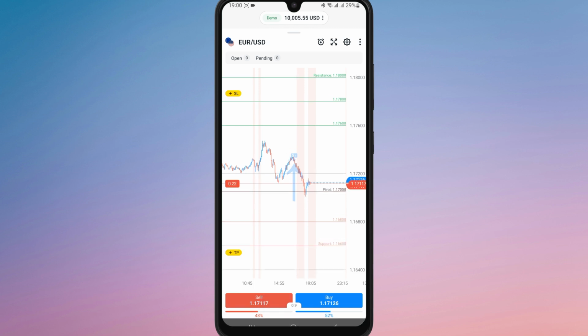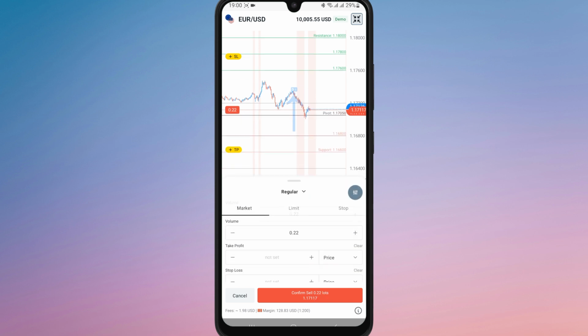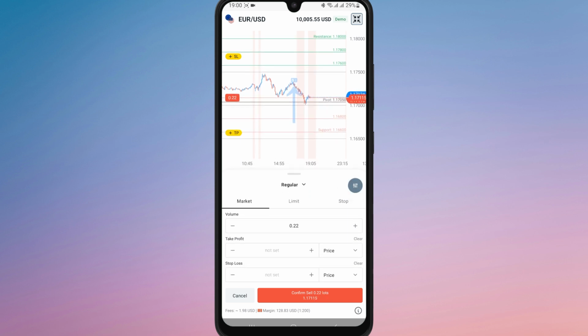After selecting your order type, tap on the three vertical lines at the corner of the pop-up window. This will open the options to set stop loss and take profit. Tap on the take profit field to enter the price at which you want the trade to automatically close to